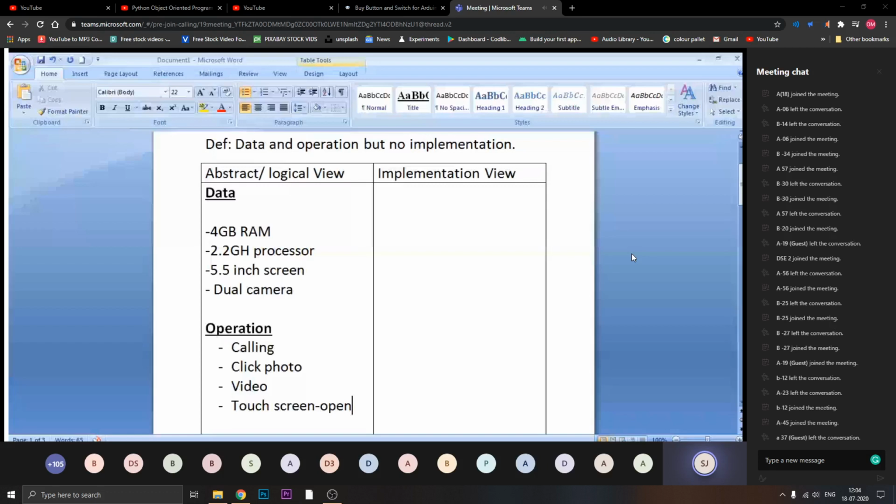Whenever you are mentioning operations, I am writing a function symbol over here. Function symbol in the sense that calling has its own function, or we can say its own operation. I'll give you the example of calling. For every function you are following some steps. Those steps are nothing but your algorithm, and then you are executing that task.